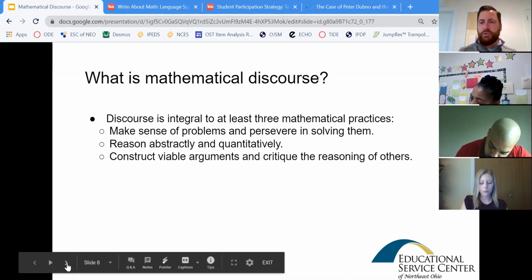We also allow students to engage in the critiquing of the reasoning of others. And this can be challenging. Students have to be taught this, and we'll talk about that. They don't know how necessarily to critique one another in a positive and a constructive way right off the bat. This has to be modeled, it has to be demonstrated, and we oftentimes have to provide some serious scaffolds to get students in a place where they can meaningfully provide constructive criticism to their